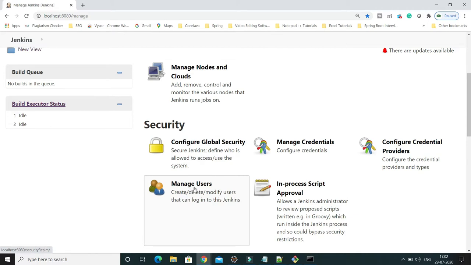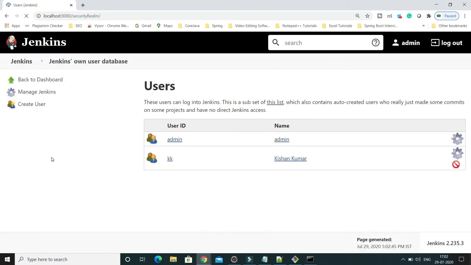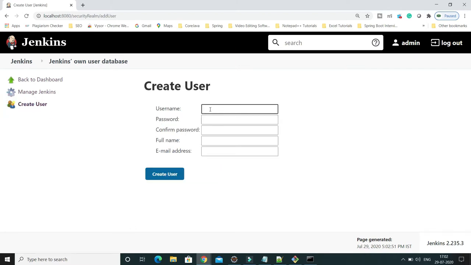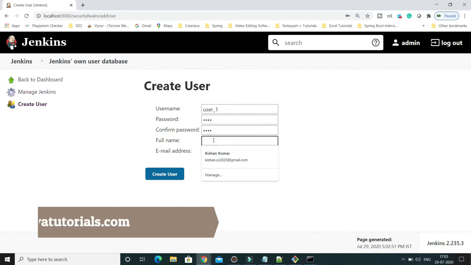I'm going to click on Manage Users, and here on the left panel you can see you have the option Create User. I'm going to click over here, and you need to provide a few pieces of information, like what would be the user name. I'm going to use user_one. Here you have to specify the password, enter the same password once again, and here you have to specify the full name.